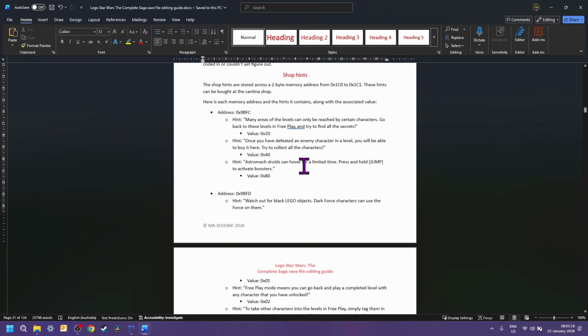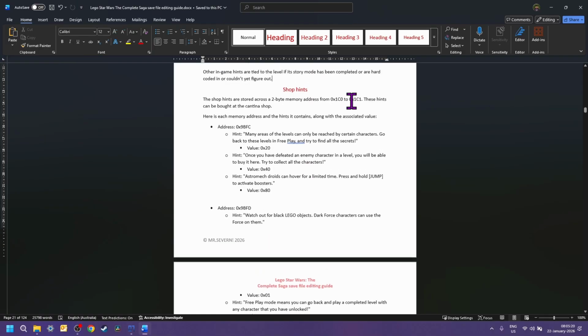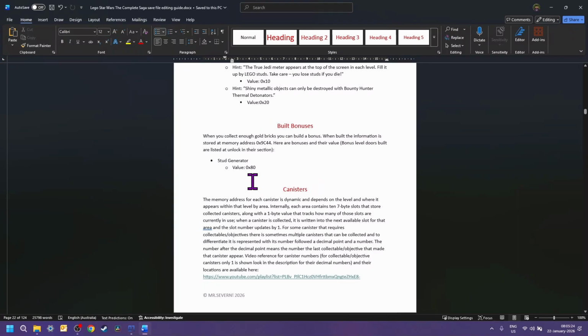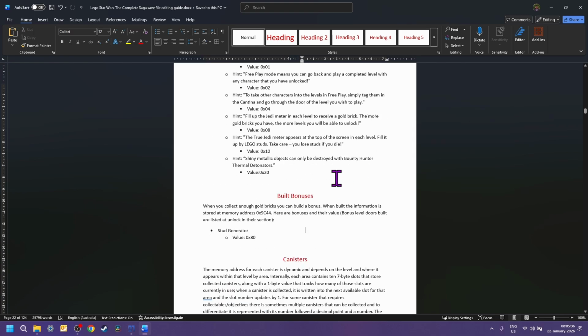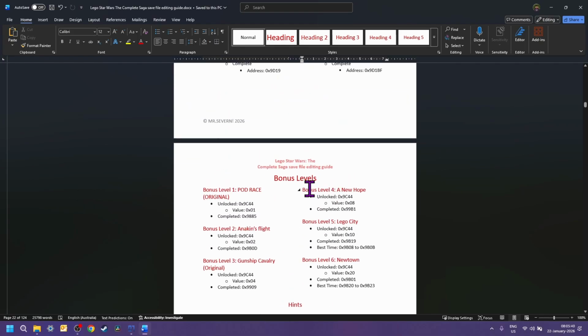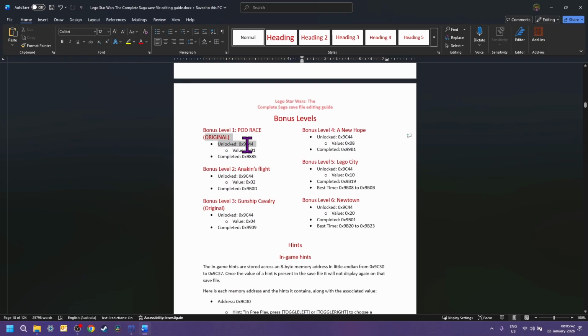And then this is just the hints you can buy in the shop and where they get saved. And then built bonuses, stud generator. There are other things that are stored here, like bonus level doors when they're built, but I listed that information back here.